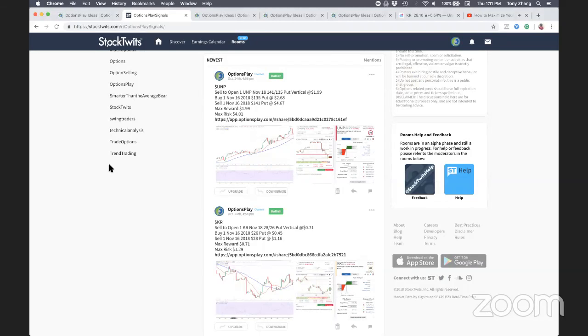Number of trades per day or week under the signals program. So we average anywhere from 1 to 5 a day. I'm trying to keep that number relatively low. So even if we're getting 10 a day, we don't want to send out 10. We're trying to find the best ones out of those 10 to give you just 2 or 3 so that you're not looking at 10 different ideas. That kind of defeats the purpose of sending these signals.